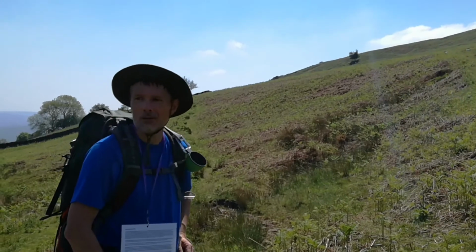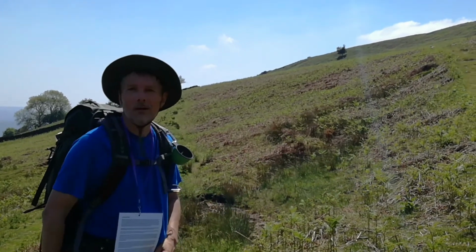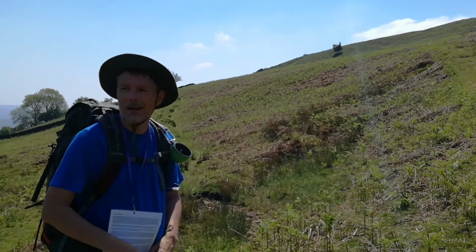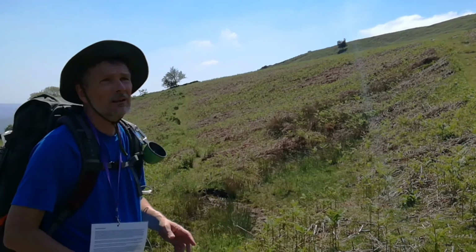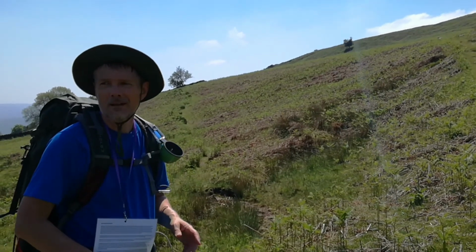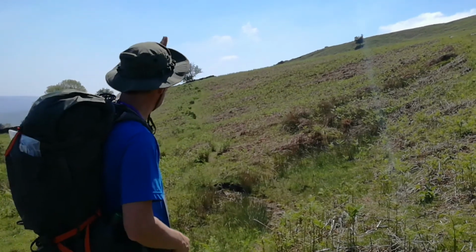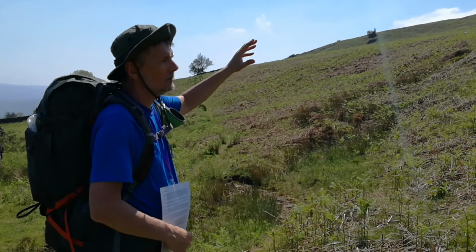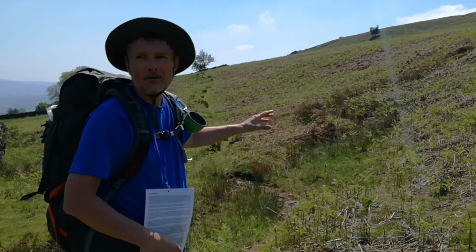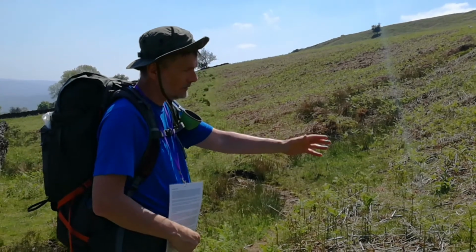Just a little interlude now as we make our way back to the Newid-Vawr lay-by where we've parked the van. A lot of people in blogs and on some videos have highlighted the fact that it's easy to get lost and on the wrong track when you come down off Table Mountain, which is back that way. So once you come down off Table Mountain, you can see easily defined tracks, but the one we've taken now is basically you head towards Newid-Vawr,